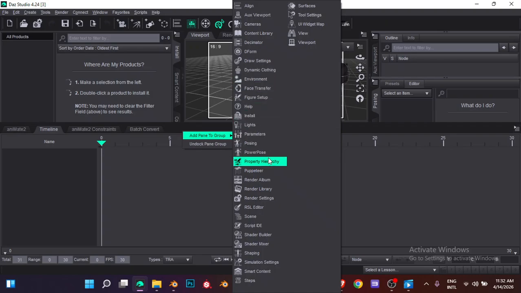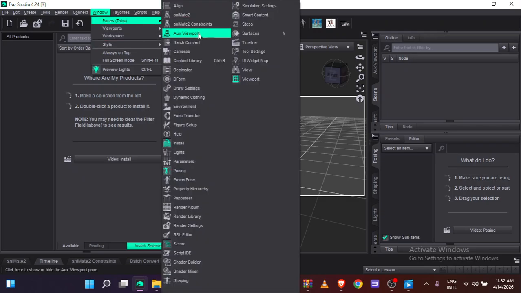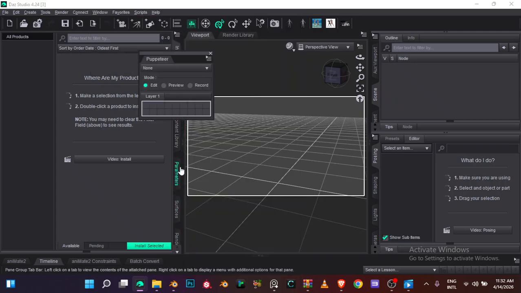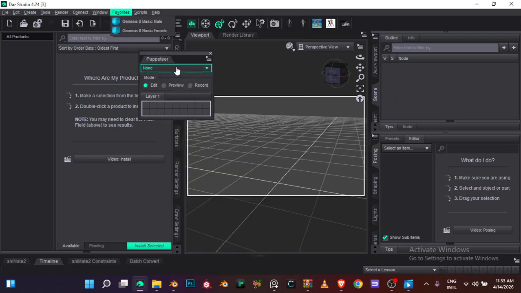Environment, dynamic loading, lights, parameters, properties. Something else I like to add sometimes, depending on whether I'm thinking of making animations or not on that day: Animate 2 constraints, somewhere down here. Property hierarchy is useful, this one over here. Puppeteer, very, very useful. Puppeteer, and another one that I highly recommend that you add